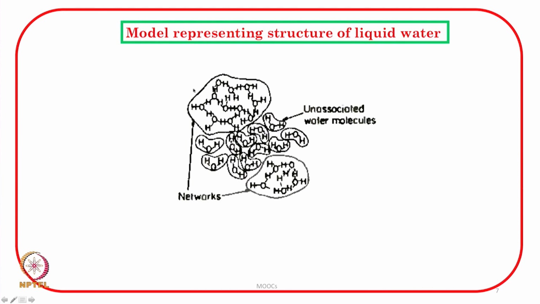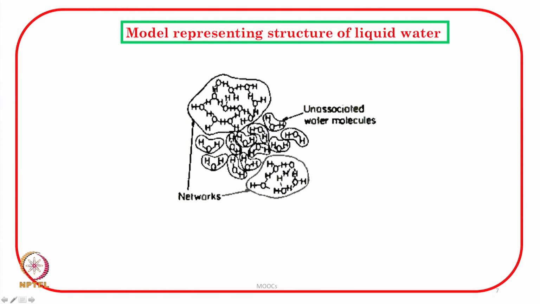Let me represent this as the regular tetrahedral network of hydrogen bonded structure. This is ice like structure, and these are the monomeric water molecules which are occupying the interstitial spaces,